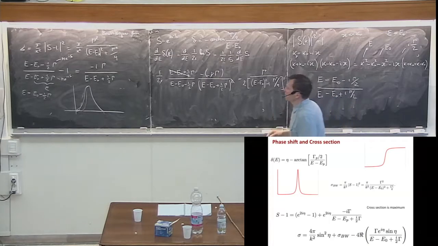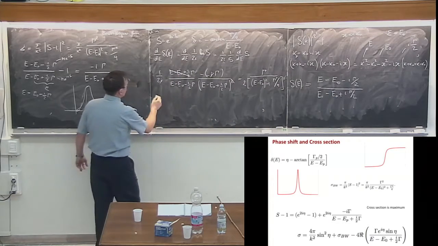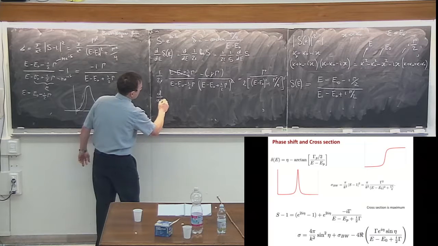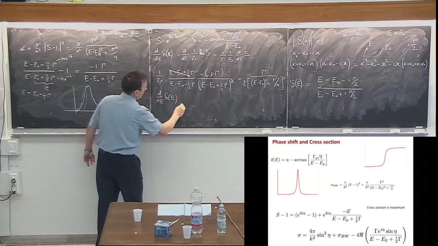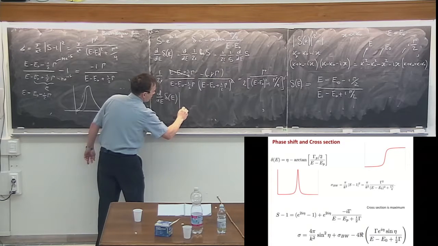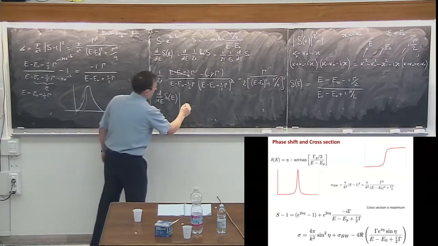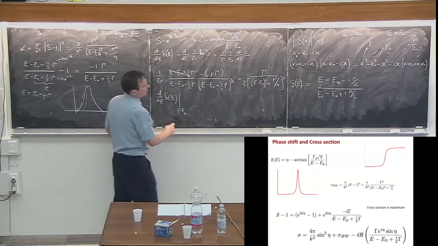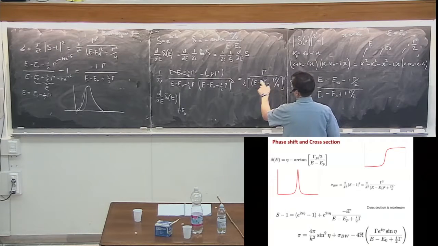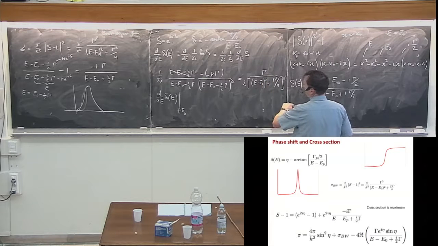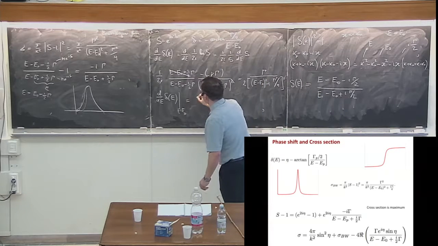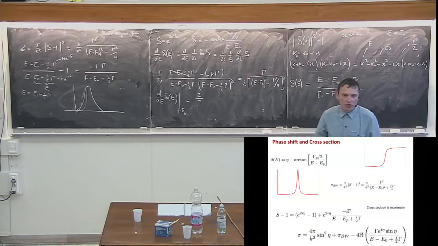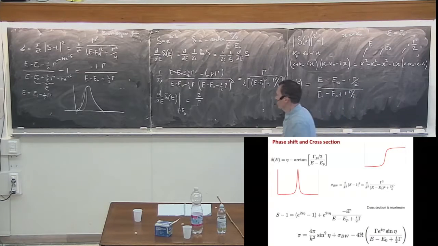So if you look at the phase shift exactly at the resonance, d over dE of delta of E exactly at E resonance, or E0, at E equals E0, then this term disappears. I have gamma squared, one gamma cancels out, and there is one factor of 2 left. So this is just 2 over gamma. Okay, so again, this is a relatively famous expression,